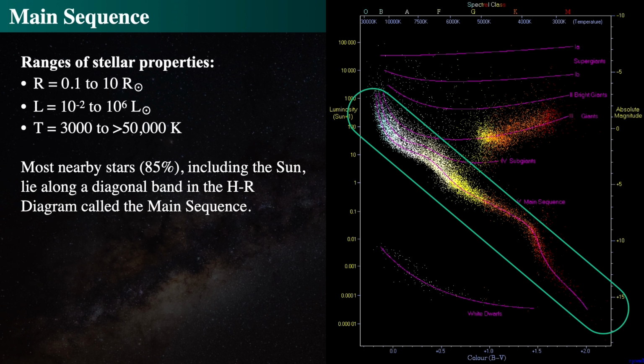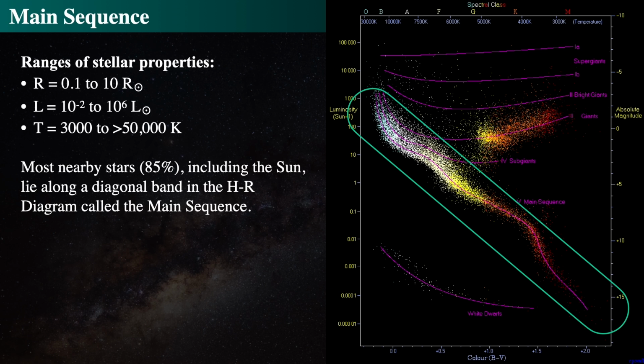All right, so now let's look at it: between 80 and 90% of the stars, including the sun, lie on a diagonal band on the HR diagram called the main sequence. Now, on the main sequence, the luminosities of the stars range from about 1% that of the sun to about 1,000,000 times that of the sun. And the temperature range, though, is kind of narrow, from about 3,000 Kelvin up to over 50,000 Kelvin. And the radii of stars along the main sequence range from about a tenth of the size of the sun